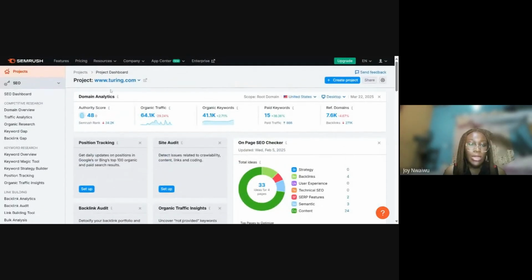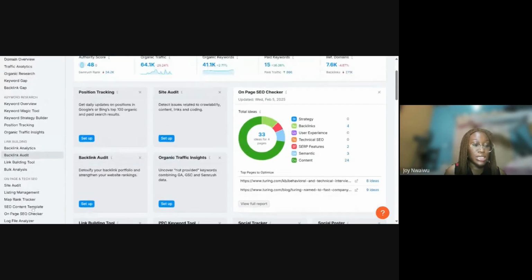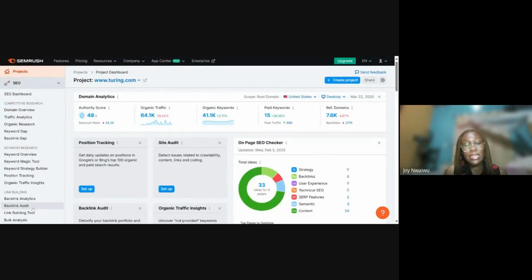But this is an example of what you would get if you're searching for a domain. You can search for a domain and create a project out of it. For example, if you are working in a company as a content writer or a digital marketer, and you're trying to see how you can improve their SEO efforts, you can do that by looking up either the URL or the domain of the company, and you can use these various features here to see things that you can improve on the website.